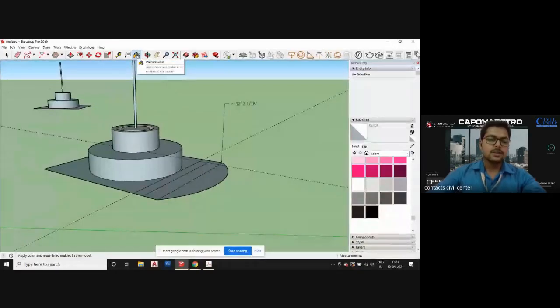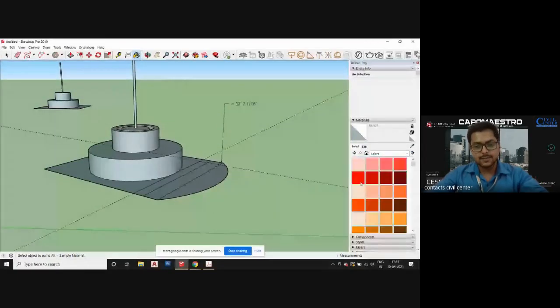So this is the paint bucket tool, and while working on the exterior, this will come into use most of the time because you have to apply all the materials and colors using this tool. Okay. So you can just pick any color and color the surfaces.